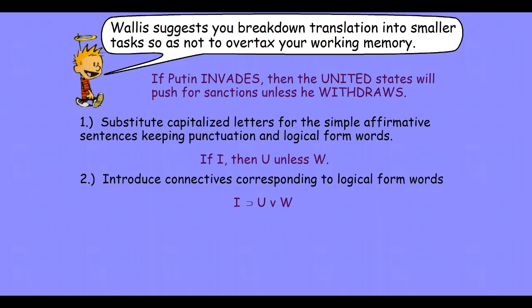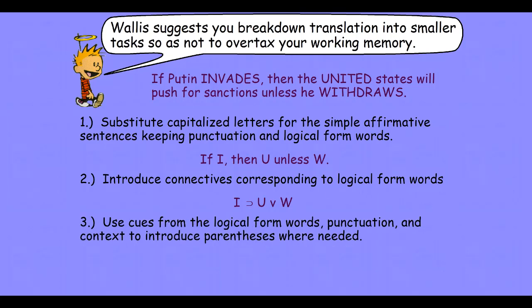Now we have to disambiguate this sentence. There's more than one way it could be disambiguated, so we have to decide. And here again, if and then helps to indicate scope. If antecedent, then consequent, and our comma here as well. So we can use those cues as well as just thinking about the meaning of the sentence, and that will lead us to I, horseshoe,